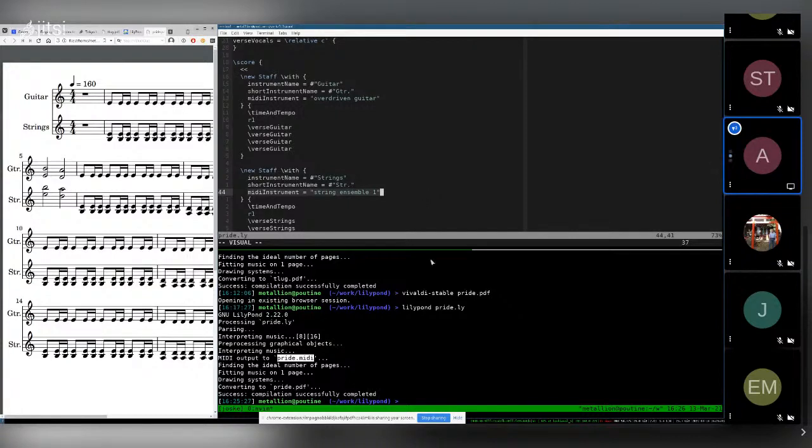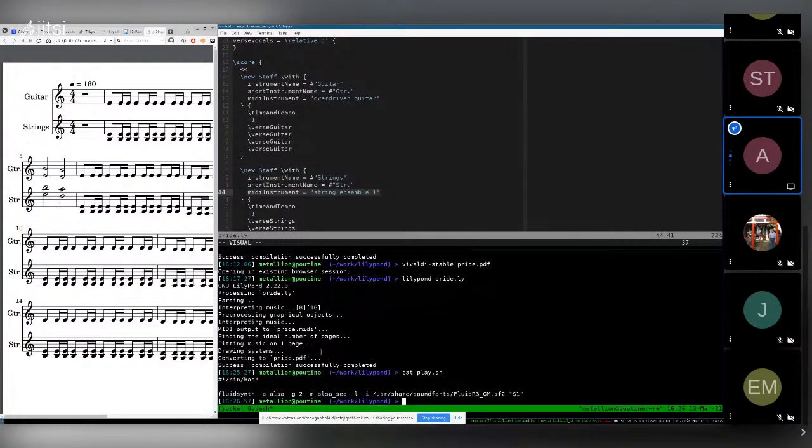And then the MIDI file that got generated, I can play back with a program called a MIDI sequencer, which is a program that reads MIDI, assigns a sound font to it, and then plays it back. So I actually have a little script here, play.sh. This uses a sequencer called Fluid Synth, and then a sound font also called Fluid. It's made by the same guys. And so this sound font will implement an overdriven guitar that I have over here. It will also implement a string ensemble. That lets me play back my MIDI file.